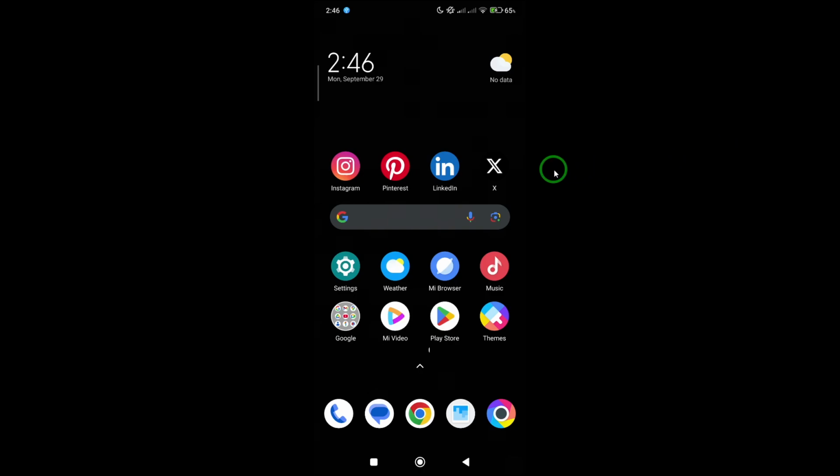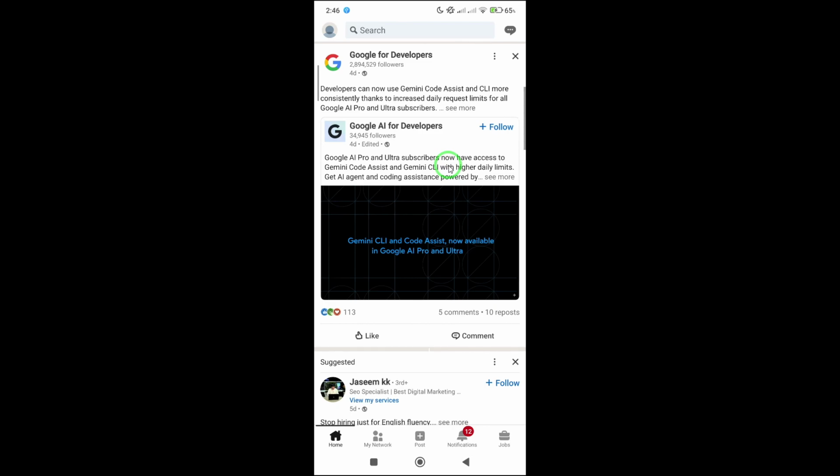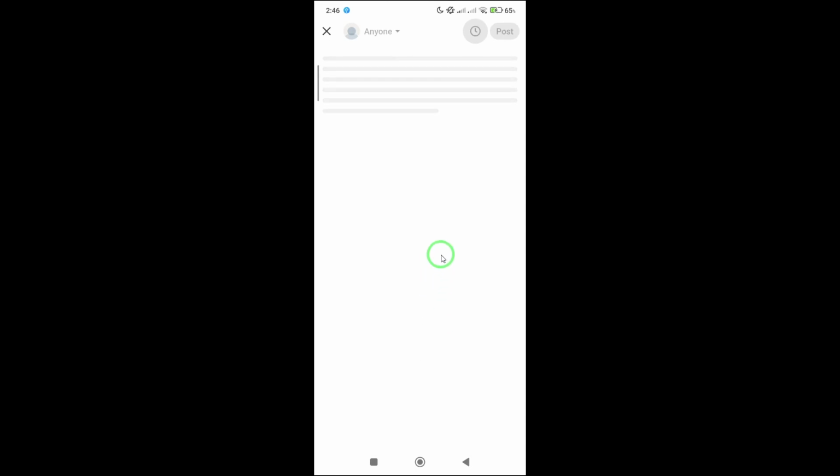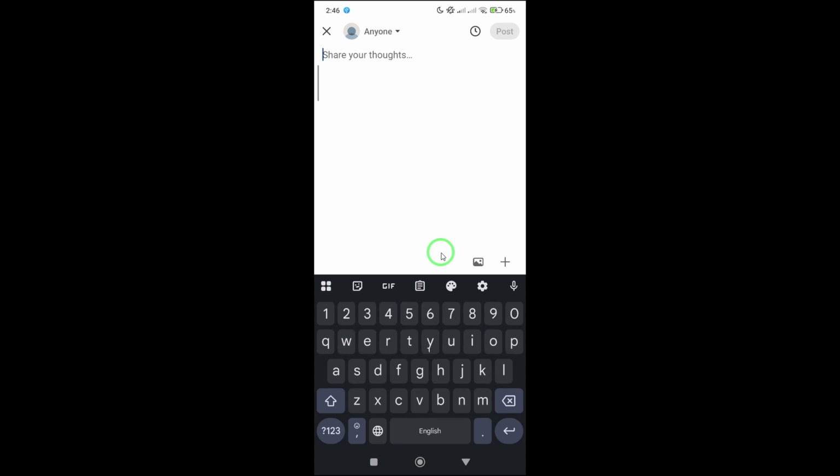First, open the LinkedIn app on your phone. Once you're on the home screen, look for the plus post button. This is usually found at the bottom of the screen or at the top of your feed, depending on your app layout. Tap on it, and you'll be taken to a blank post window where you can share your update,